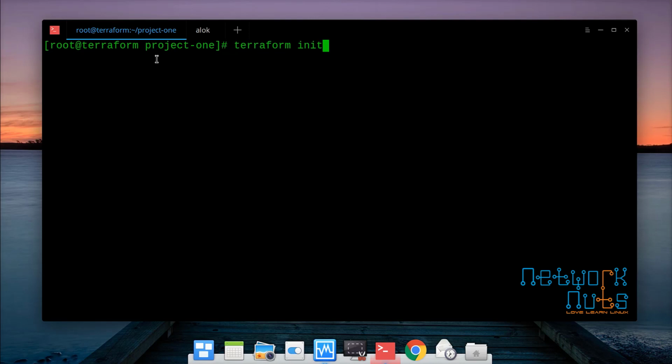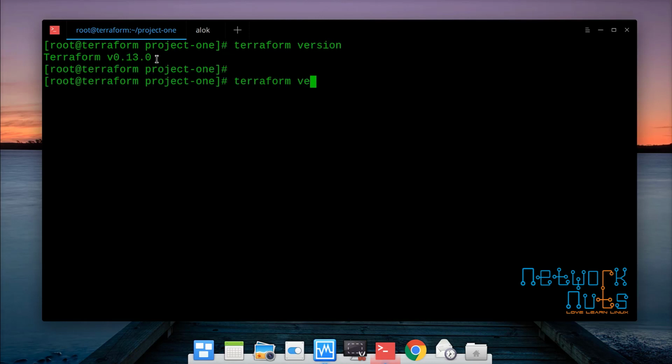The moment I press enter, Terraform goes to the internet and dynamically downloads those providers. The AWS provider will then be used to create the infrastructure on Amazon Web Services. Currently I've got nothing. If I give the command Terraform version, I don't have any provider here.